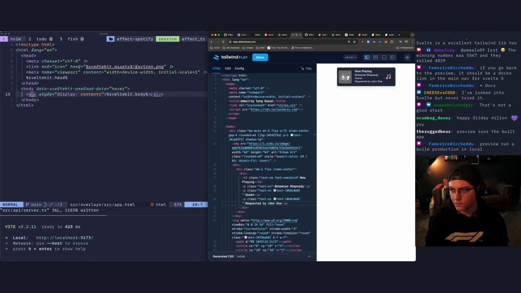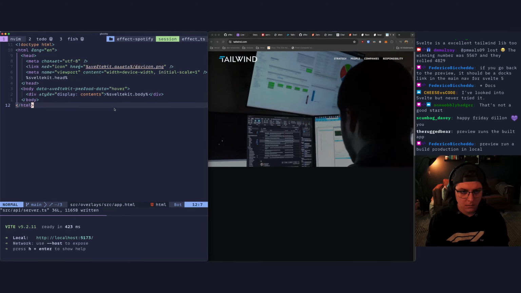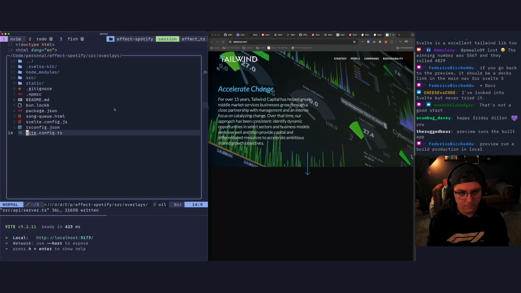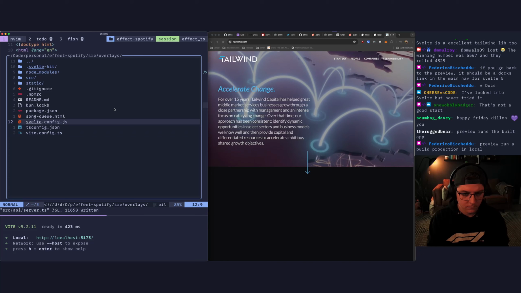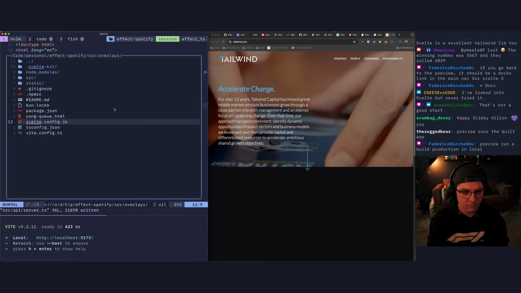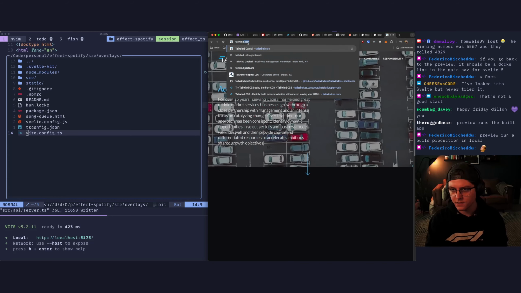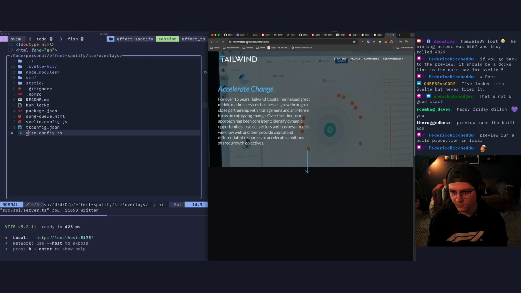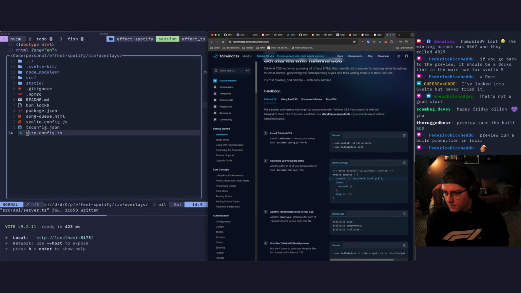Let's go back to the normal Tailwind docs. God damn it. Tailwind CSS. I'm about to install a rule at my router level to never direct me there.